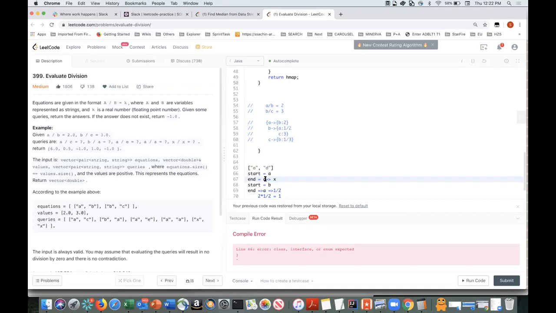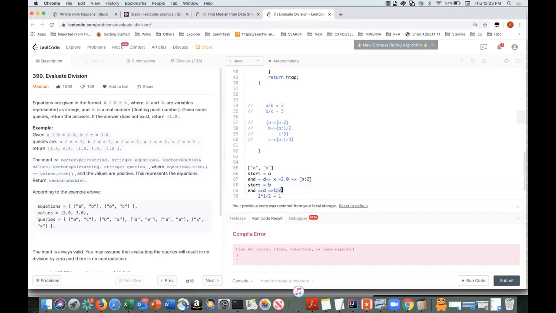In the A submap, we got only one value, which is A to B. So we stored that as 2.0. Now from this, we get submap B2, right? So now start will change to B and our end will still remain D, because for the ultimate target, we are not changing end every time.